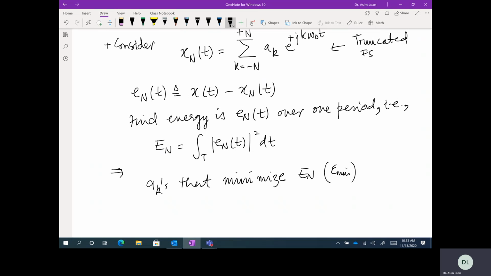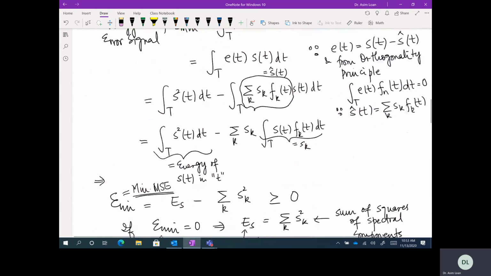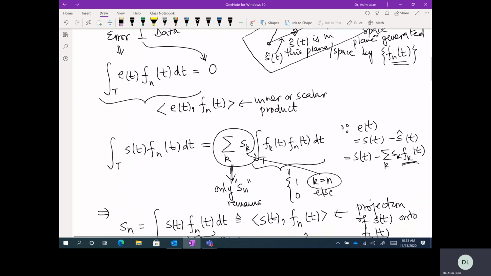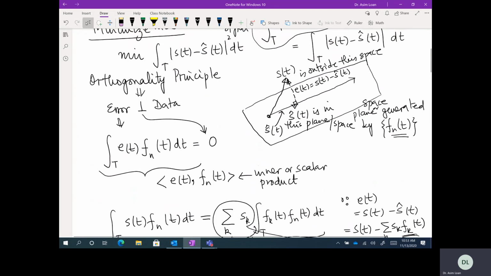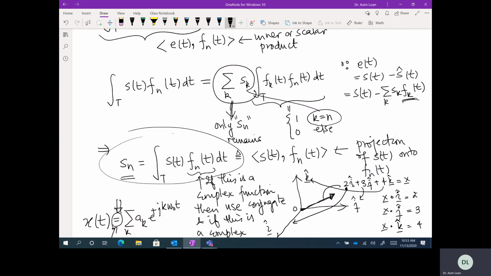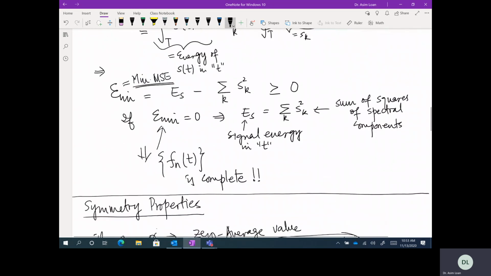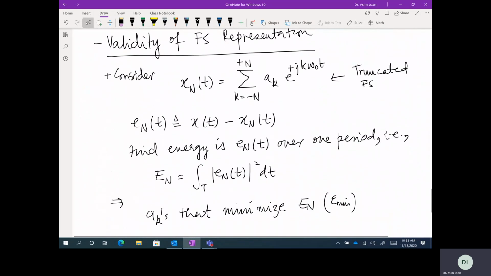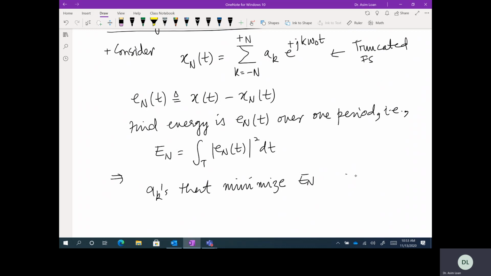So the ak's that minimize En, from the orthogonality principle, this is the one that we are talking about. And I said if the functions are complex, then you have to conjugate it. So the ak's that minimize En are